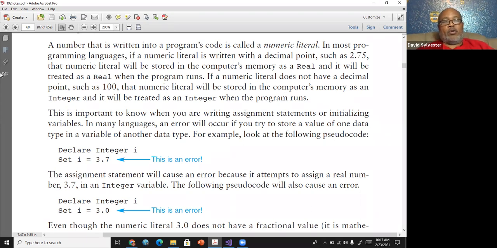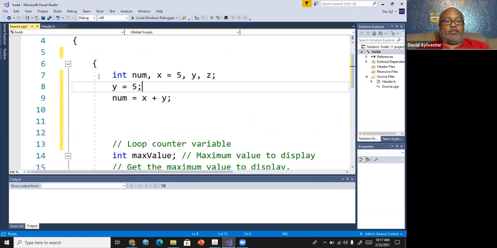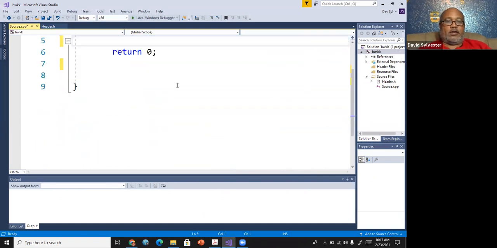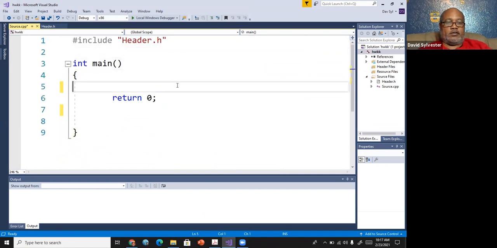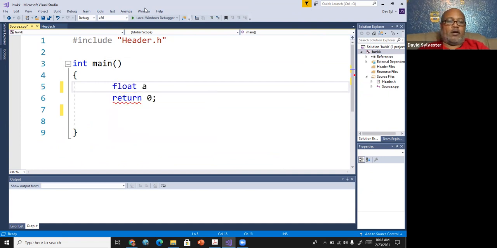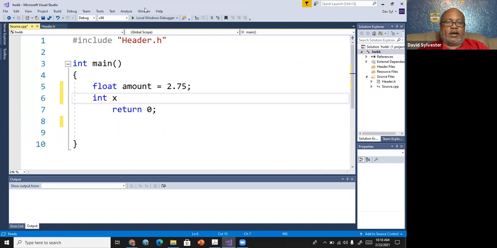Now, most applications like C++, let me show you what I'm talking about. I'll take this out and do something like this. I'll say float amount is equal to, say, 2.75, and int x.